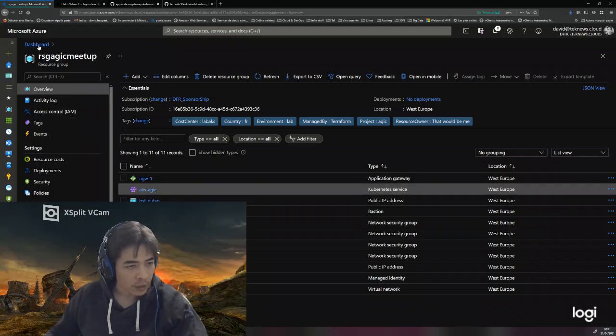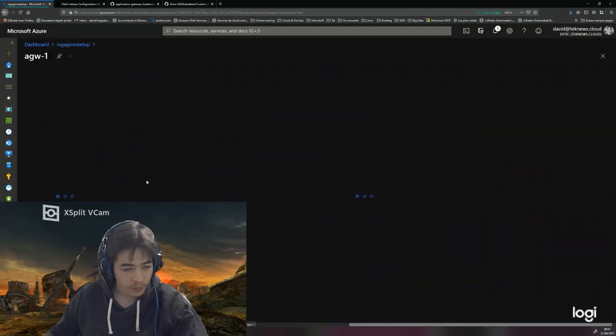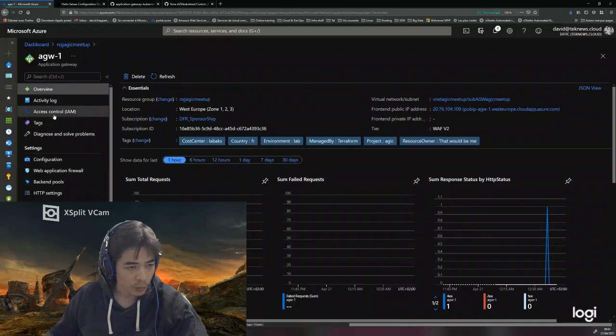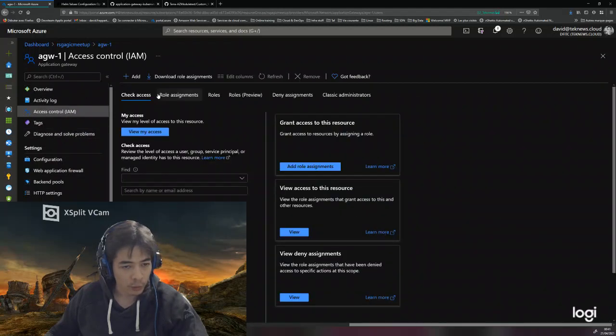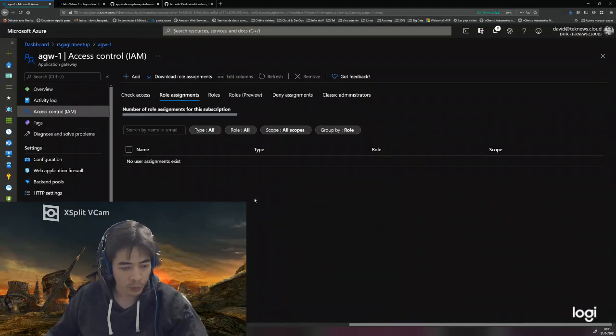We'll check on the application gateway the roles that are inherited.